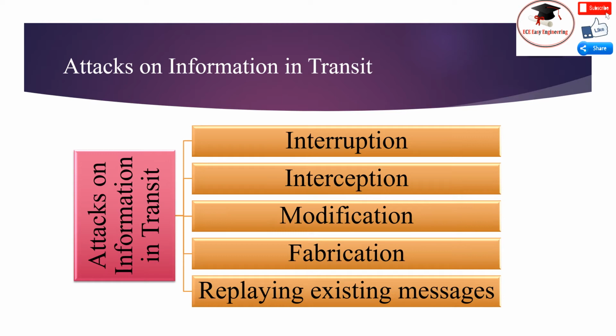Fabrication. An adversary injects false data and compromises the trustworthiness of information. This threatens message authenticity. The main purpose is to confuse or mislead the parties involved in the communication protocol. This operation can also facilitate DOS attack, denial of service, by flooding the network. The last is replaying existing messages. This operation threatens message freshness. The main purpose of this operation is to confuse or mislead the parties involved in the communication protocol, that is, not time aware.